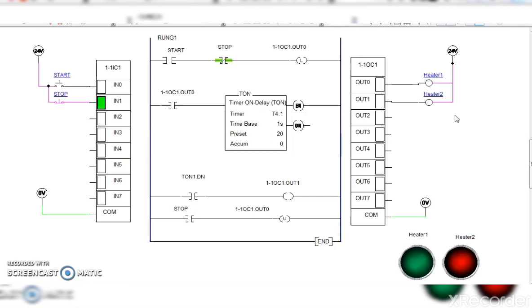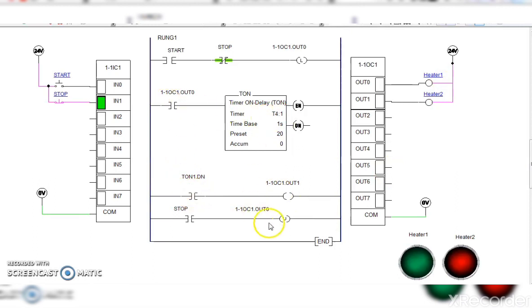Okay. Now one more thing is given, that when the stop switch is pressed, suddenly heater 1 and heater 2 should be stopped. Now heater 1 and heater 2 will be stopped by the latch coils, by stopping the latch coil supply, means making it unlatch. Okay. Here when we press the stop switch, this coil will get unlatched, means supply will get stopped, means heater 1 will be stopped immediately, and heater 2 is stopped because of this done bit.